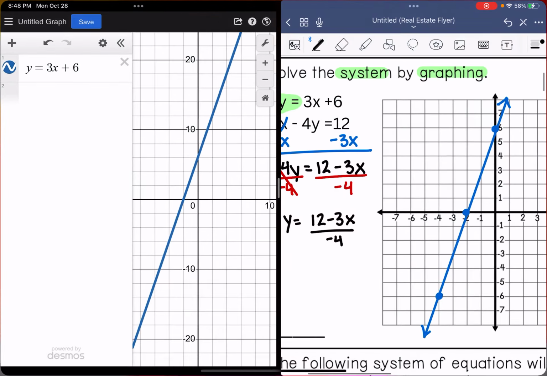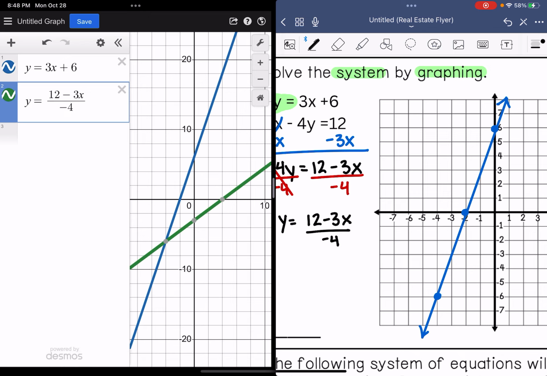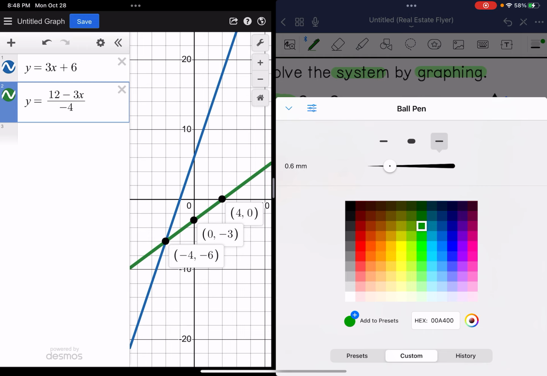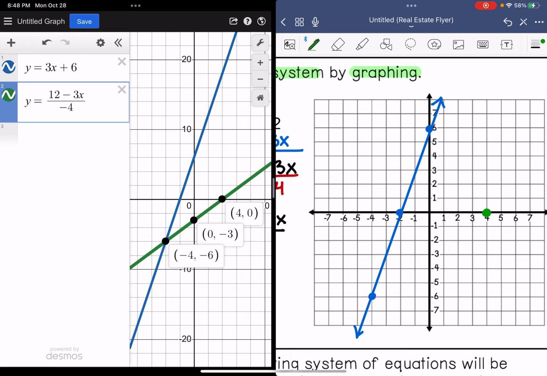I'm going to put that into Desmos so that I can see the solution. Y equals (12 minus 3x) over -4. There you go. And I can see a couple of good points highlighted for me, so I'm going to go ahead and add those to my graph. I see a point at (4, 0), a point at (0, -3), and a point at (-4, -6). I'm going to connect my dots, and there